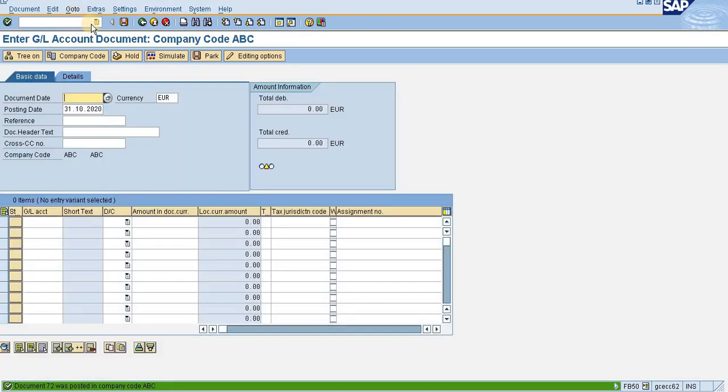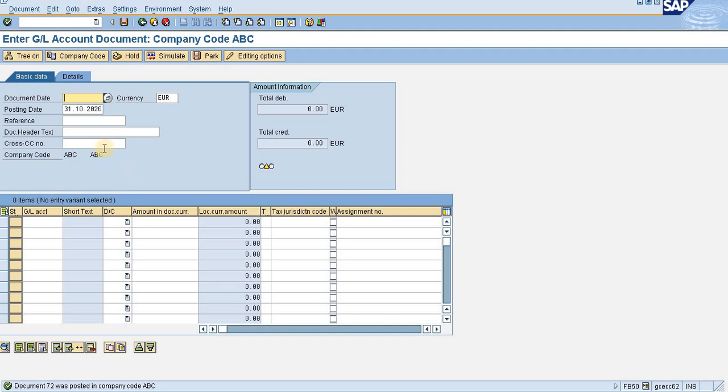Now going to FB50 once again. I'm in FB50 in fact. So I'll post another entry, which is again outstanding expenses debit to bank, putting the date, posting date, document date. Now outstanding expenses, that was 305, debit, picking up the debit integrated here. My entry was 600, and the bank is 101, making it credit 600 only.